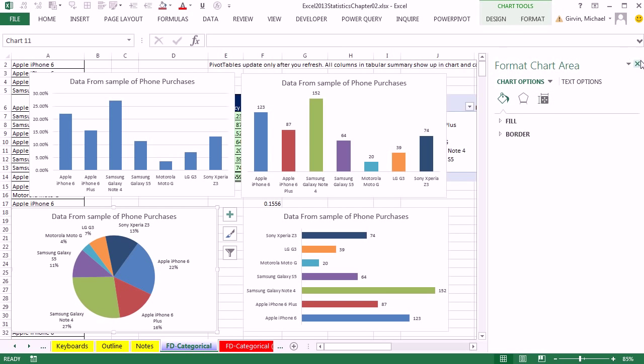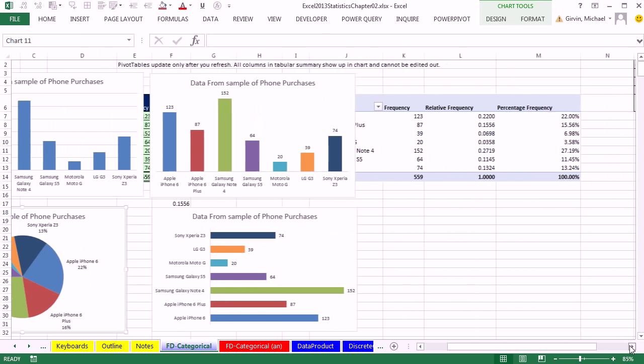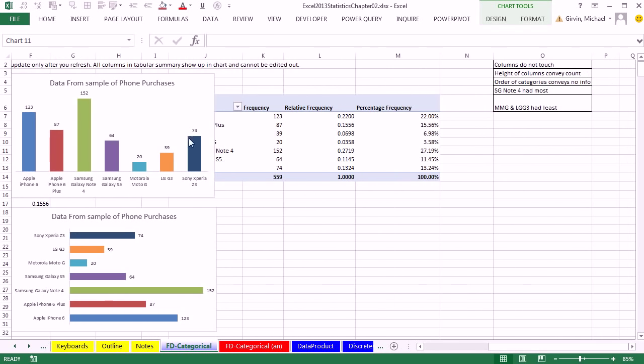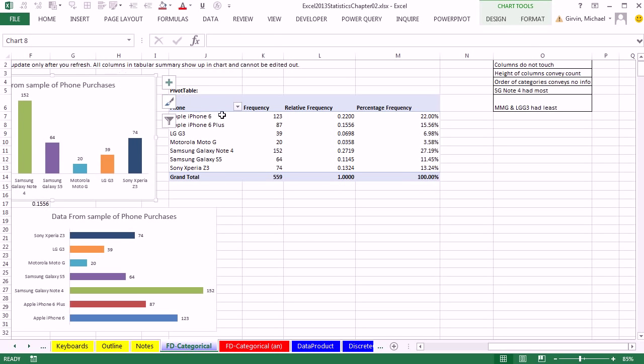Now I want to close the task pane and go look at the pivot table. I'm going to use the horizontal scroll bar and scroll over here. Now, even though this is kind of over top of it, I'm going to move it to the side. The problem with the pivot table, and it's an easy one to solve, but this. If your goal is to have this tabular report, and you want frequency, relative frequency, and percentage frequency in the same report, any chart built off of this pivot table will automatically take all the columns.